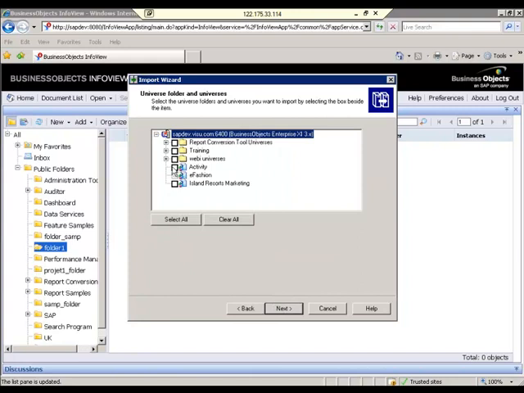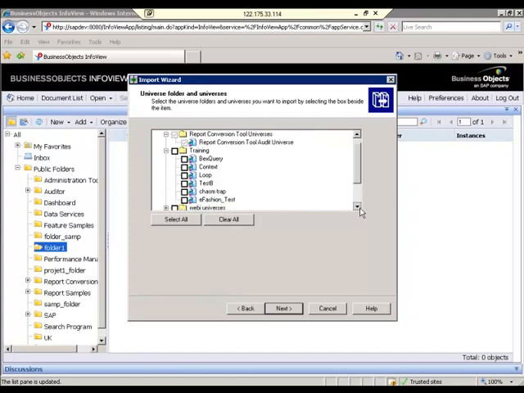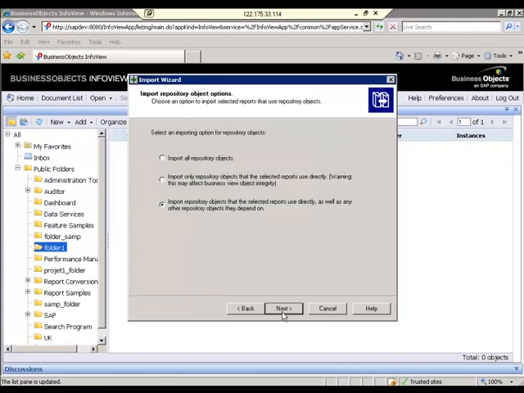So in the next dialog box, if you want, you can select external universes. If you don't want, please don't select. See, you have a lot of universes here also. If you want to select, you can select. Otherwise, leave it empty. I'm selecting only one universe, that is eFashion. Okay, click on next.